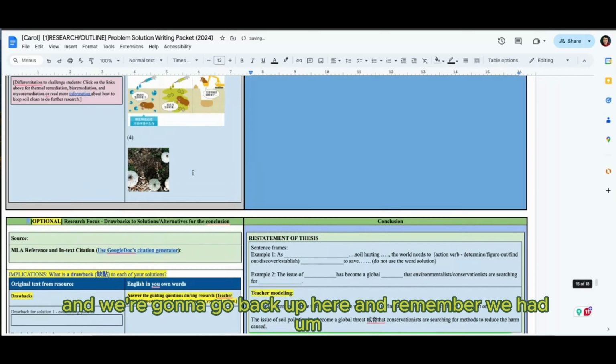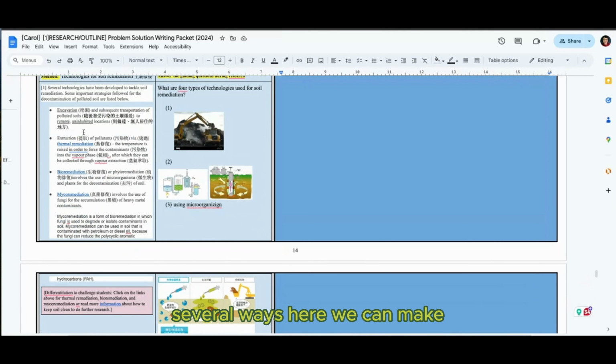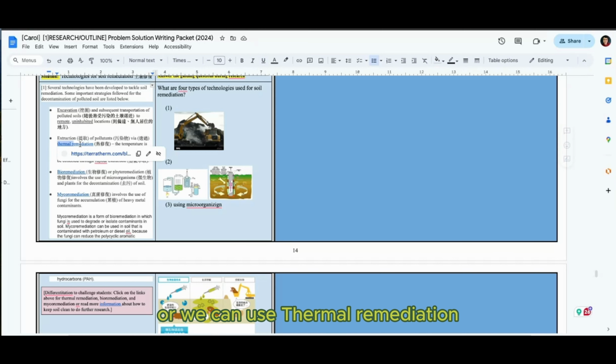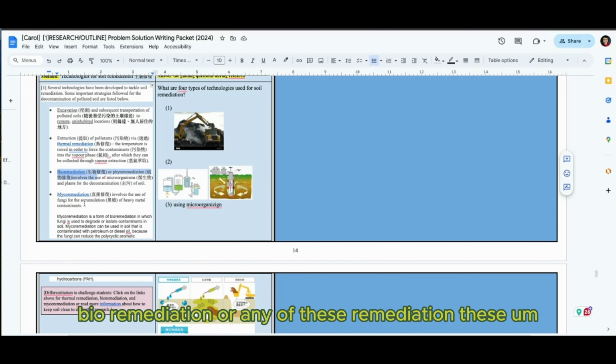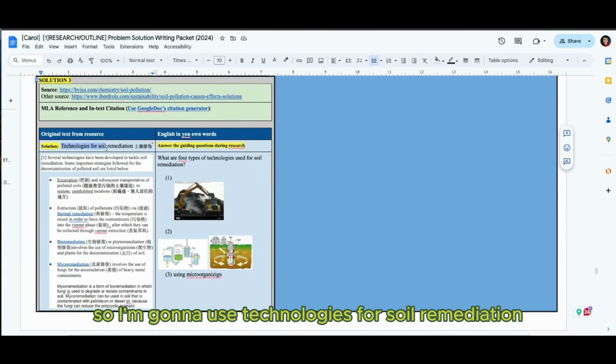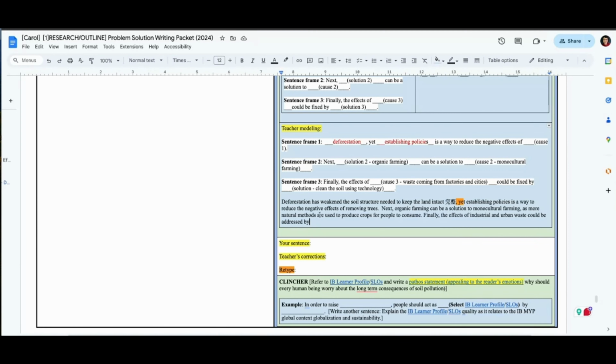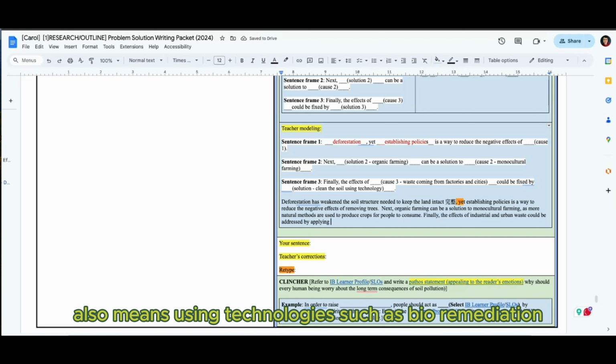And we're going to go back up here. I remember we had several ways here. We can use a big truck to move all the soil to a faraway place, or we can use thermal remediation, bioremediation, or any of these technologies. Okay, so I'm going to use technologies for soil remediation. I'm going to write that. Address by applying. Applying also means using technologies such as